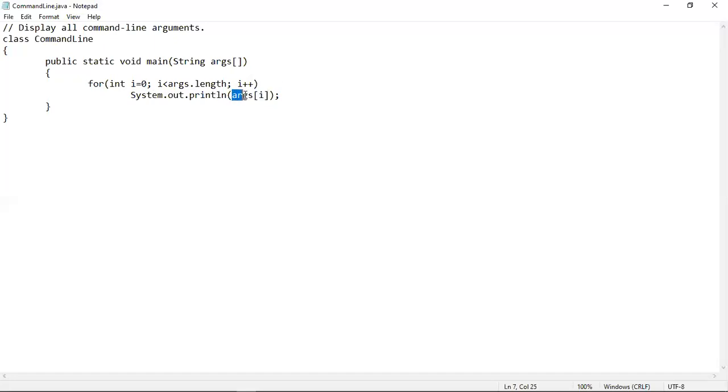That means in the next line, the value of args[1] will be printed, then again i will be incremented by 1 and it will be now 2. So in the next line, the value of args[2] will be printed and so on, and it will continue till the length of the array. Now let's execute the program to see how the command line arguments are given and how they are stored into this args array.